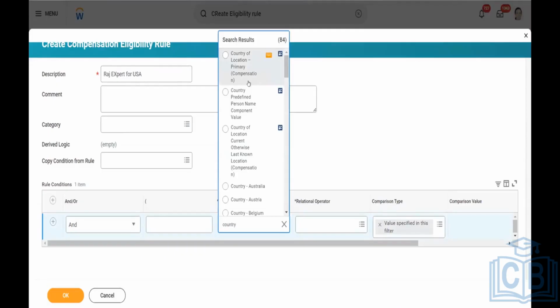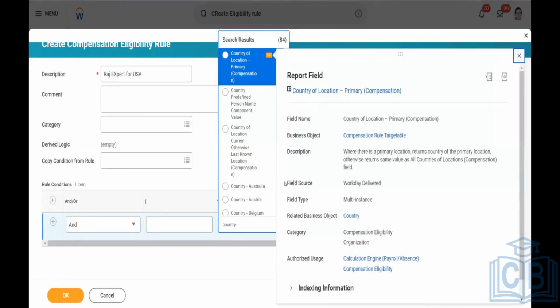Remember one thing: whenever you are creating any eligibility rule, these are the fields that are available. The symbol that you see here defines that these fields are Workday delivered. For this field that you see, there is no symbol available. These are customized, custom ones which someone might have created. To verify, you can go to this related actions button. You can see this field source is nothing but Workday delivered. And if you tab in for the one that is custom delivered,